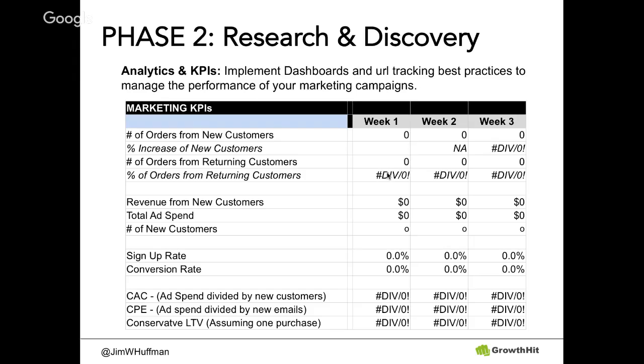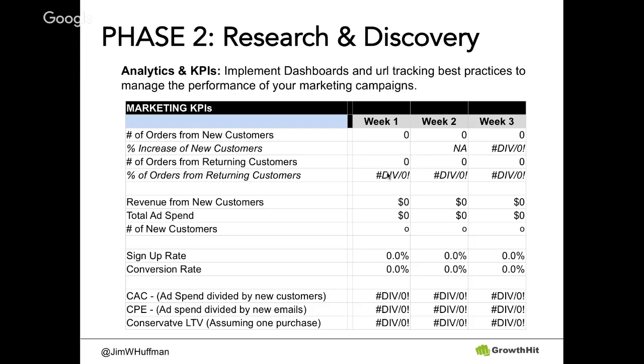Also, revenue from new customers against total ad spend. Because with e-commerce, you really want the cost to acquire a customer, your CAC, customer acquisition cost, to be about 30% below your LTV, lifetime value, for your business model to be sustainable. So how much does it cost for you to acquire a new customer? Is it $20 or $200? And then also, what is your sign-up conversion rate? So this is more top of the funnel. If you can get your sign-up conversion rate over about 7% on an e-commerce site that's selling products between $30 to $300, you're in a really good place.